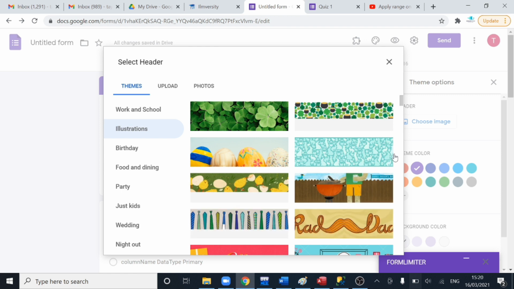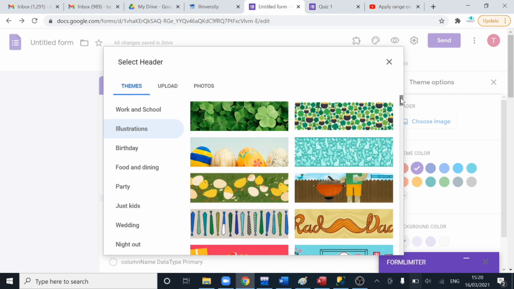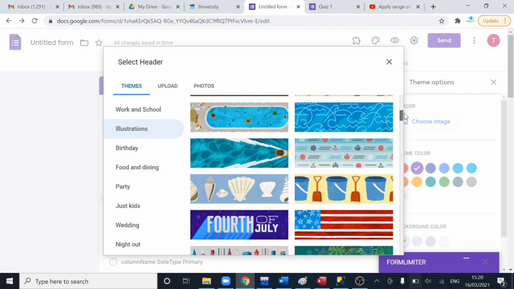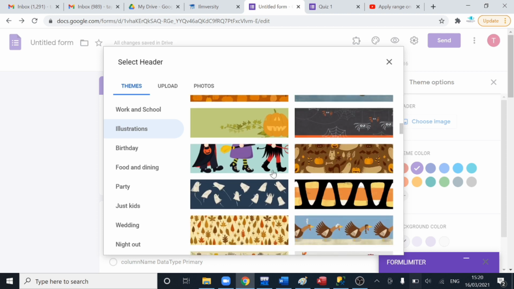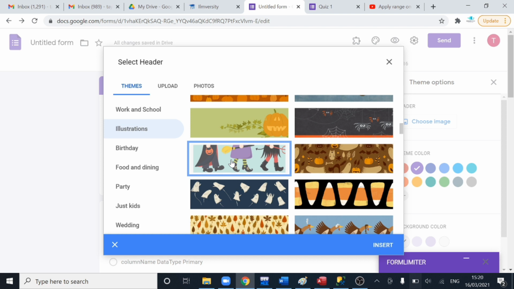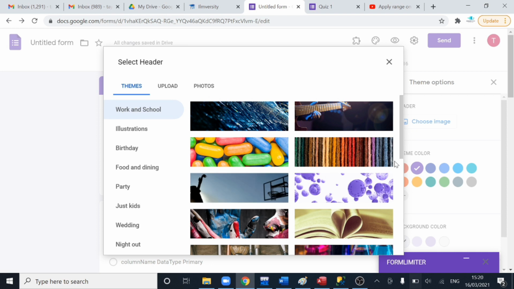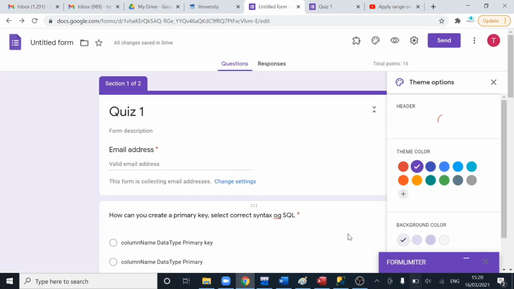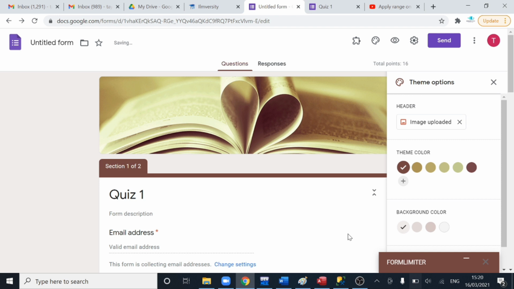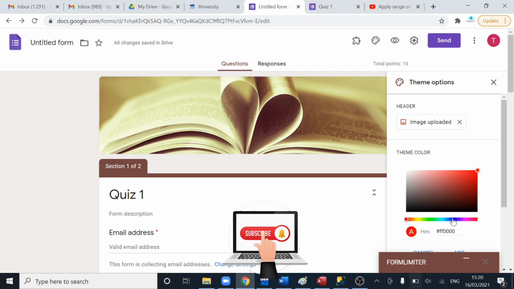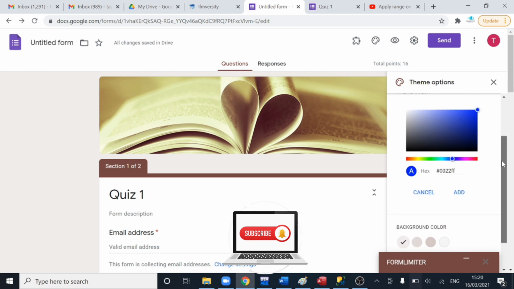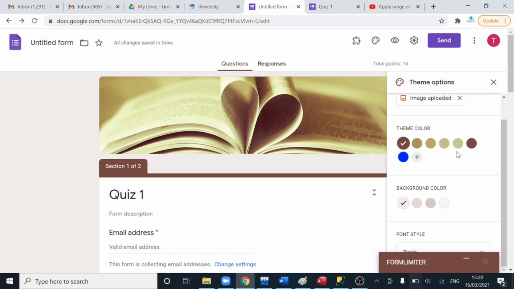I'm looking for a better theme, and these are all too funky for my quiz. I need a decent and a good theme. So what am I going to choose? I'm confused right now. It's not very easy to choose diagrams and pictures for your quizzes. So I'm going to go to work in school, and from there I have chosen a theme, which is this book with a heart, because education is love, and we also love our students, so they can work with passion and with dedication. From here you can choose colors.